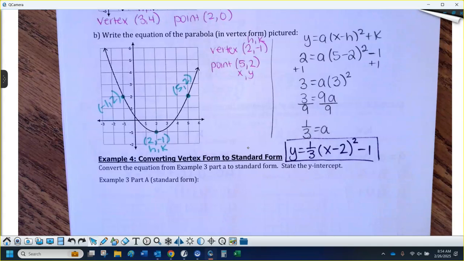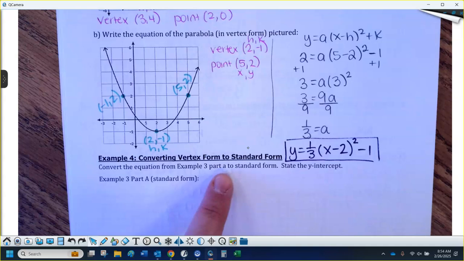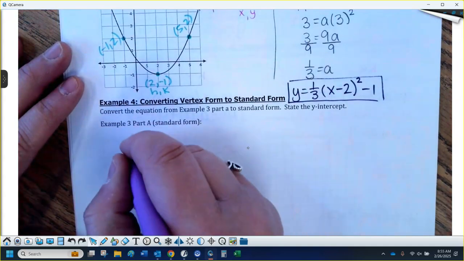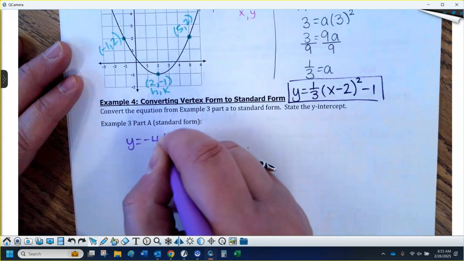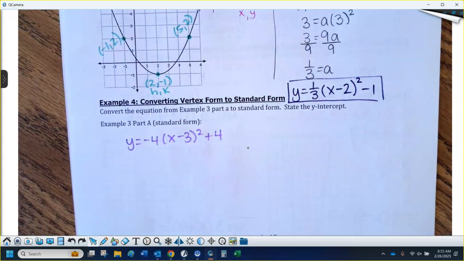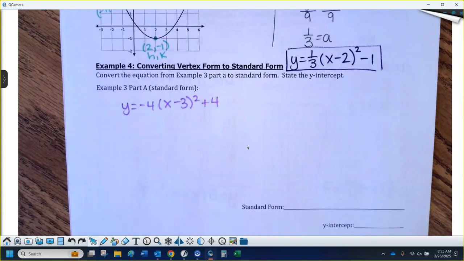Now, the last part just asks if we can convert between standard form and vertex form. So it says convert the equation from example 3 part A to standard form. So let me just rewrite it here. So for that question, we had y equals -4 times x minus 3 squared plus 4. Now, we did this like the very first day of this unit, but I'm going to have you guys practice it again because I think this can be really tricky. And there was something similar to this on the quiz we took yesterday. So what you got to